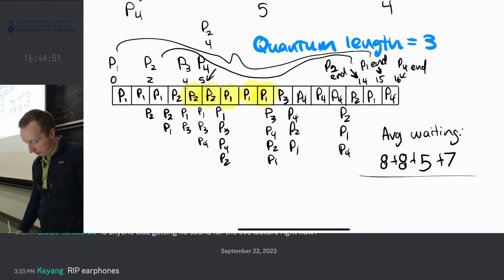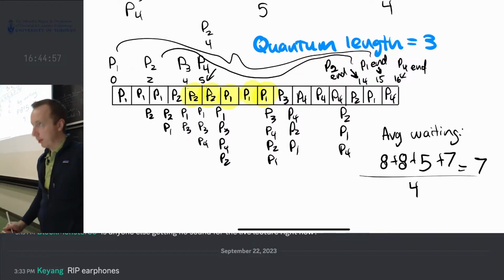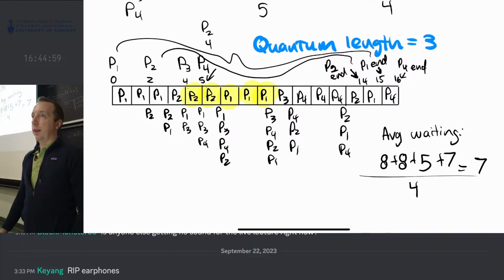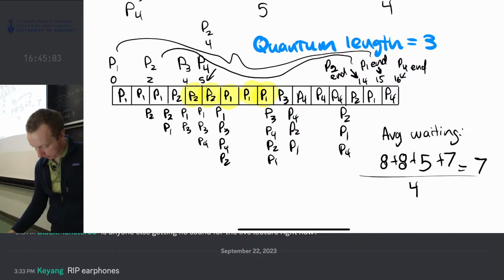So if we do our average waiting time, there were 4 processes, and the total is something like 7. So the average waiting time in this case was 7. I'll make it a different color. Orange, sure. If we do the average response,